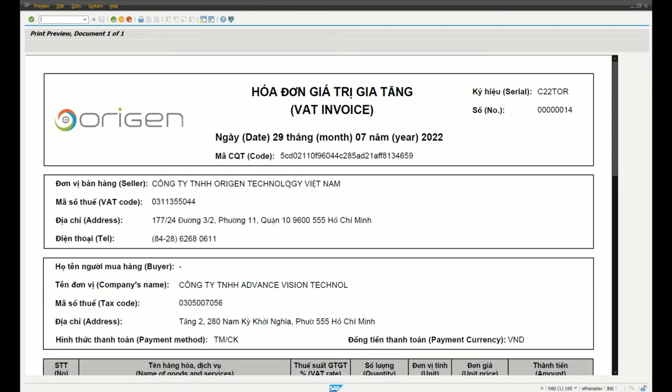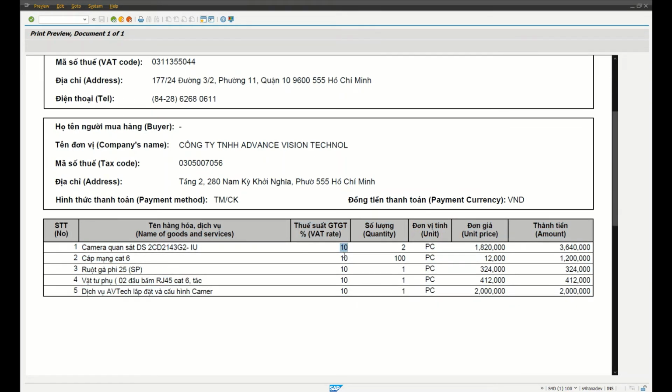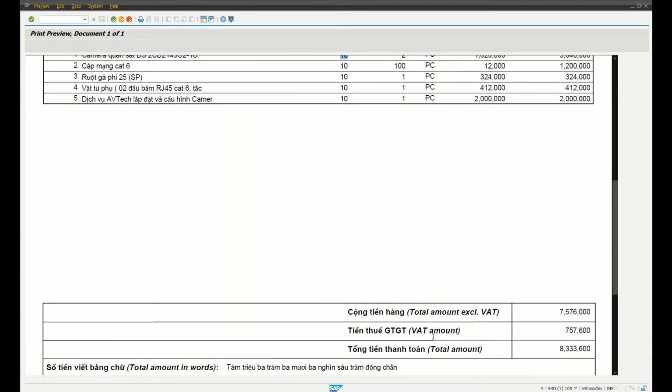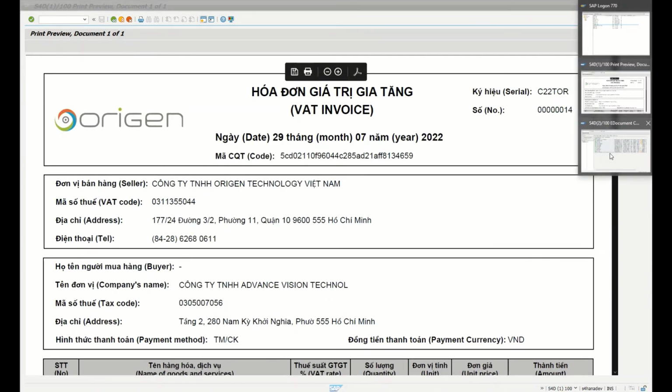It complies with all the country-specific rules, and it has a mixed language, English and Vietnamese, for all the fields. Okay, and important things here are: this is the security code, the seller information, the buyer information, the item level information with the tax rate at item level, this could be 10 or 8%, the totals, and well, the signing and the signature at the end. I'm going to return to the cockpit,